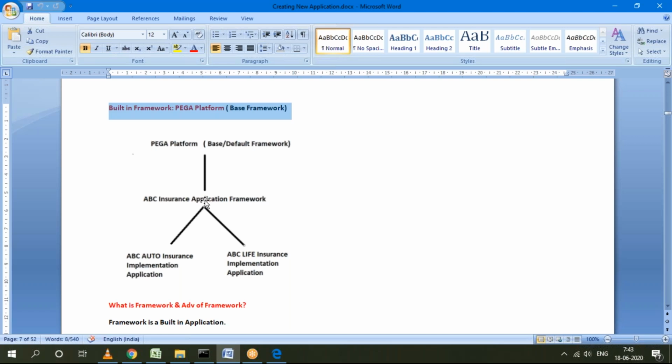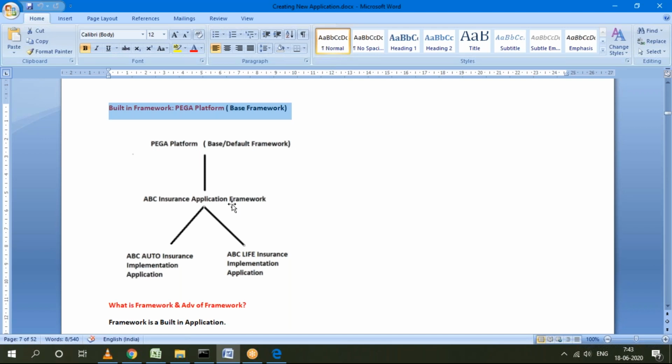Now, if you want to work on any new application, the Pega platform contains all the rules and built-in functionalities, whatever you need to define or reuse, everything is in the base framework. Under that, I'm going to create one user-defined framework.